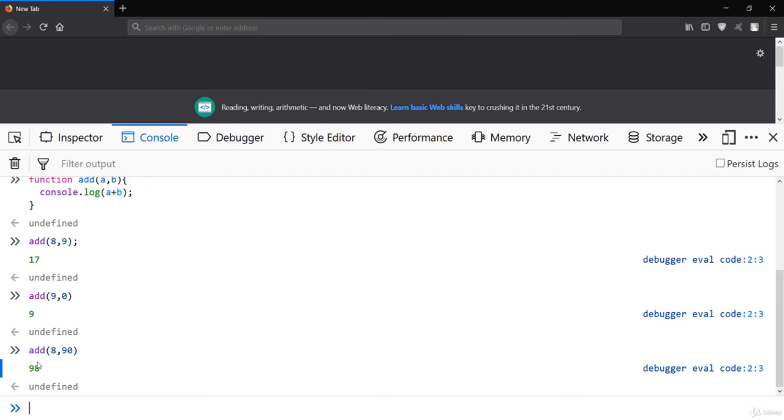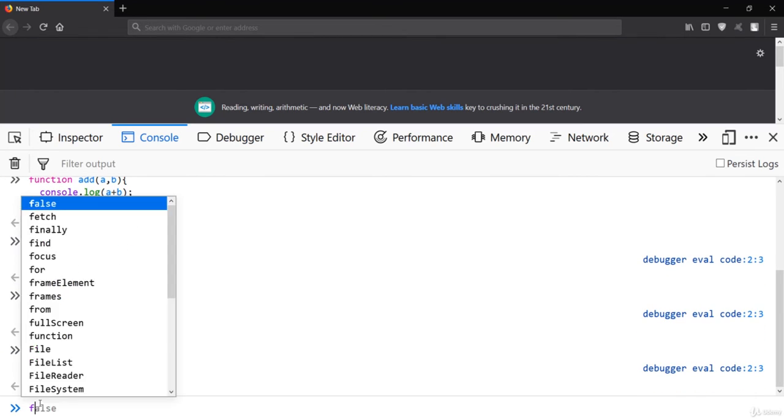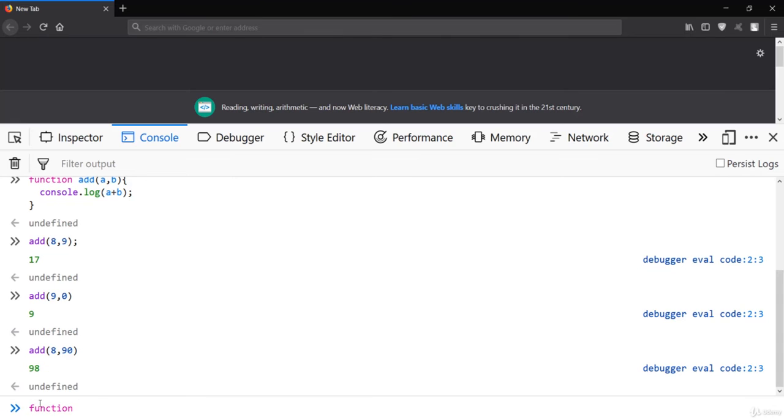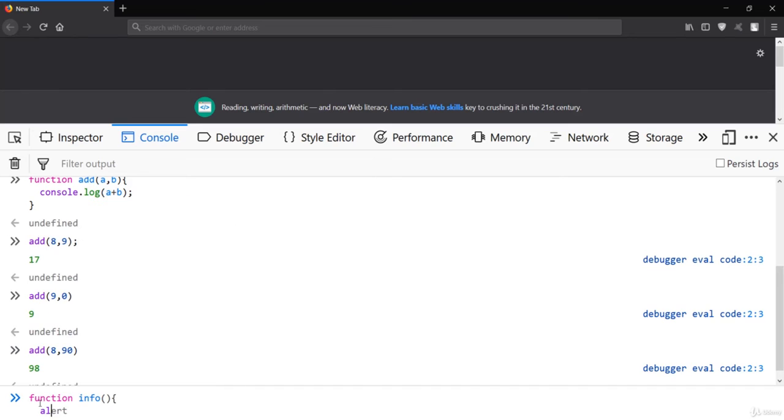So a JavaScript function can have 0 or more arguments. You can simply see here we just pass the 2 arguments over here. You can also simply make the function without an argument. I'll just say info, and it doesn't contain any argument. It will just give me console.log, or it will just print me or give the alert of hello when you